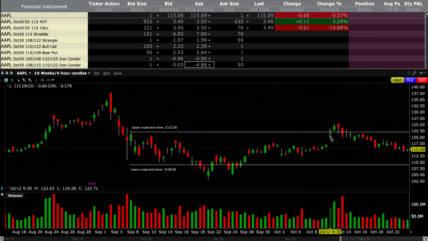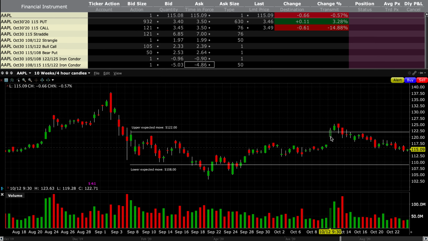A strangle requires less premium, obviously $2, but you require a much larger move to either the upside or downside. And you don't care what direction it moves in as long as it moves big in one direction, right? But again, the probability of profit on the trade is not very high, right? So that's if you're neutral on a certain ticker. So if you're neutral on AAPL, for example, and you think it's going to move greater than the market expects it to move, you can use a straddle or a strangle, although the asymmetry of risk is not really there, right?